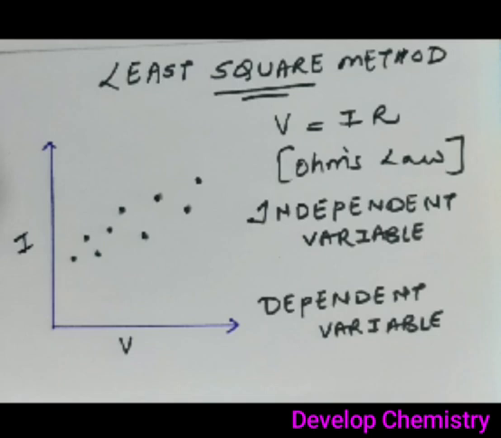Consider a simple example of Ohm's law, V is equal to IR, where we know voltage and current have a linear relationship. Say after performing an experiment related to this, we are having various sets of data points or observation points with us, and those data points we are plotting on a graph of current versus voltage as shown in the adjoining figure. Okay.